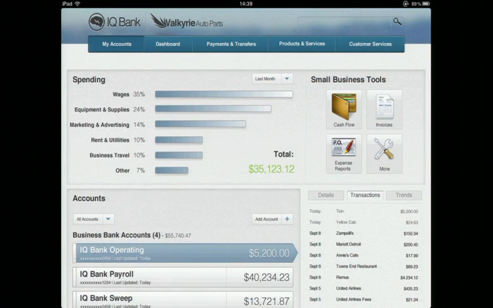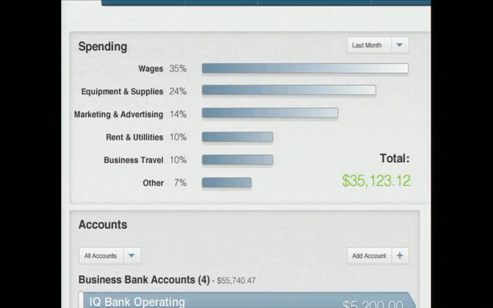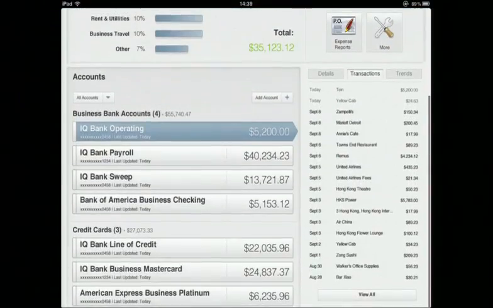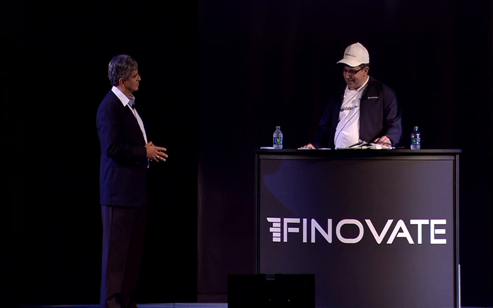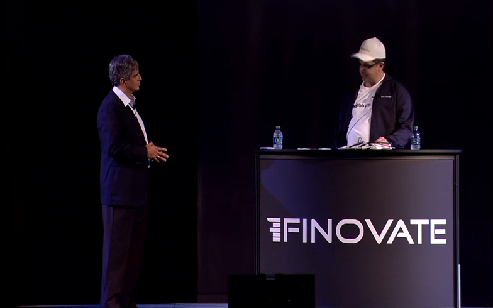So with that, one last thing I'd like to show you, though. I'd like to show you this dashboard that we started on. This is super powerful. It tells me where my money's going. It tells me where my accounts are, where my money's held, not only at IQ Bank, but all of the other relationships I have. These tools are easy access to the information I need, built for me, not some accountant. I really feel like the bank knows me and understands me. So with that, I'm done. I did it myself. Wow. Was that quick and easy?